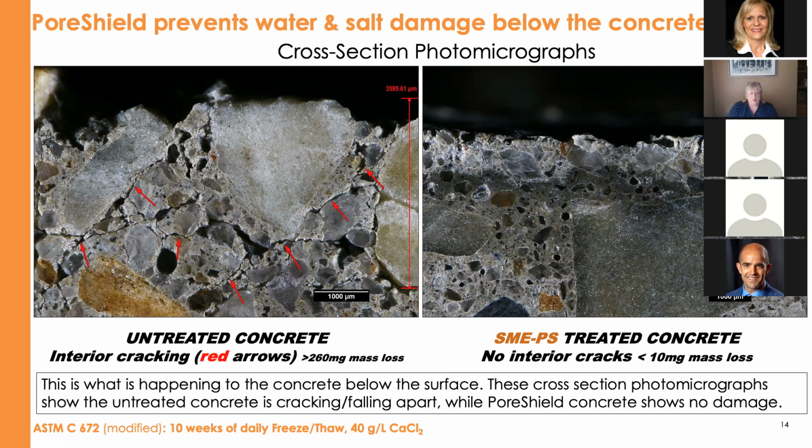Often what you would see when you're coming across concrete that's crumbling is so much damage below the surface. Now, comparatively, on the right-hand side, the concrete paste is completely intact. There is no damage below the surface, and along the top of the surface is what you would expect to see from just normal erosion and a little bit of wearing away of the concrete surface, but the concrete is intact and going to be protected for many years to come.